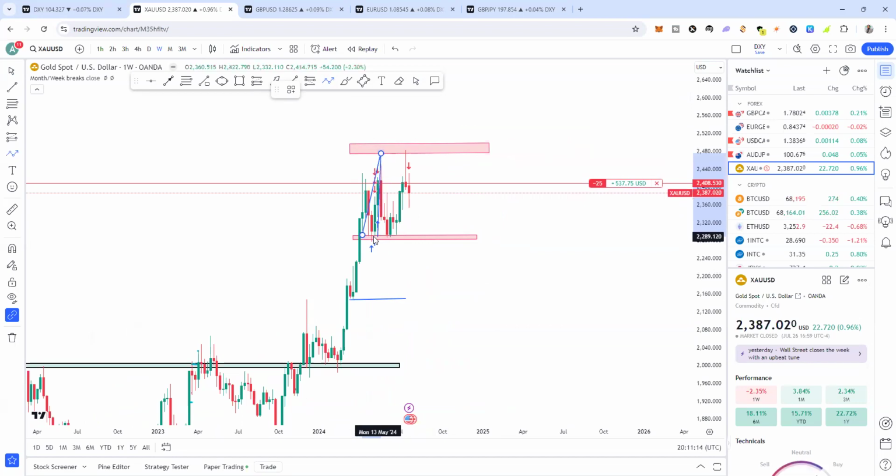We create a support, and then a higher high, and then there's a rejection. So I'm expecting price to come back and test this area, this zone. If you look at this, this is my paper trading account. I actually placed a sell. I think I put it here. I've not forgotten. So it came down all the way and it's going back up. Right now, given the way price closed this week for gold, I'm anticipating that price should push further to the downside.